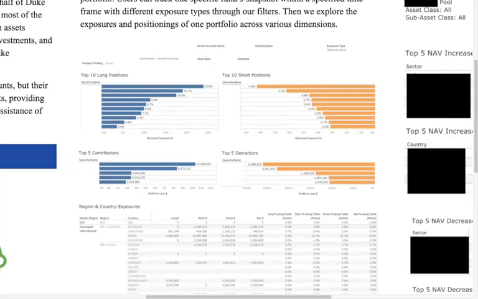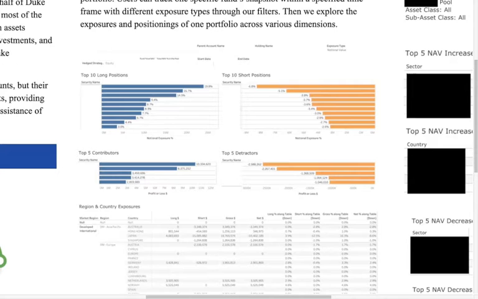We have 5 filters used in the dashboard. Through the first 2 filters, as you can see here, the parent account and the holding name, we can choose the parent account and a specific fund name within that parent account. Then we can choose the exposure type, which is displayed in all of the tables, including in all of those 2 tabs. We can choose between the market value or the notional value, aka effective exposure, to be displayed in all of those tables below. Then we have the time frame